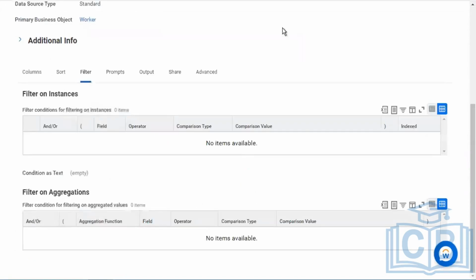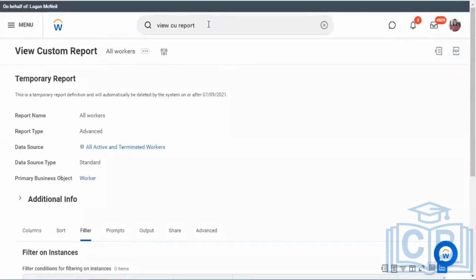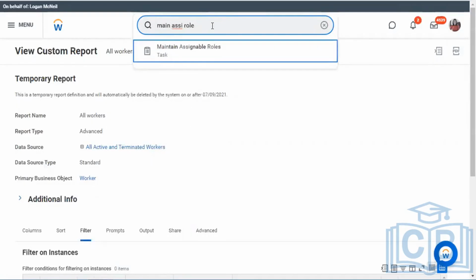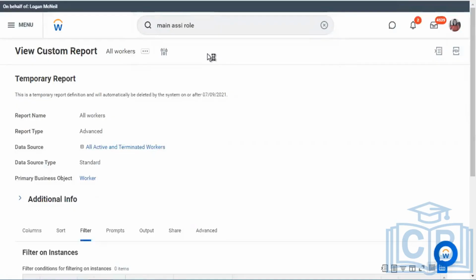And to create this, we run a task called Maintain Assignable Role. This is the task. If you want to make a note, please do. This particular task does take a while.